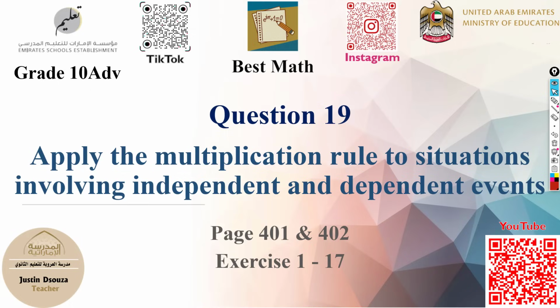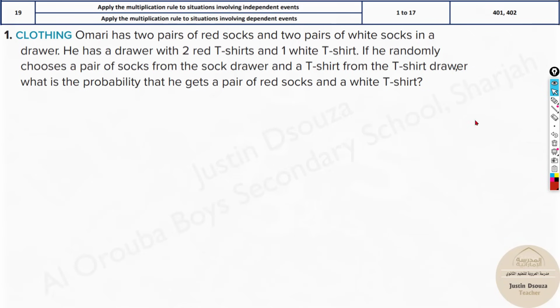Now question 19 is about probability. It's mainly about independent and dependent events. Let's look into this problem. Omari has 2 pairs of red socks and 2 pairs of white socks in a drawer. He has a drawer with 2 red t-shirts and 1 white t-shirt. If he randomly chooses a pair of socks from the sock drawer and a t-shirt from the t-shirt drawer, what is the probability that he gets a pair of red socks and a white